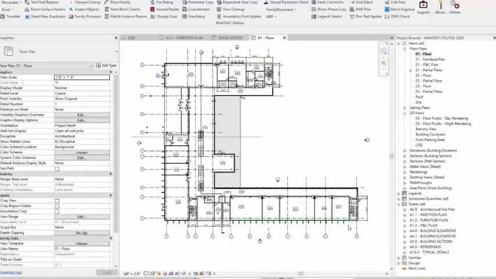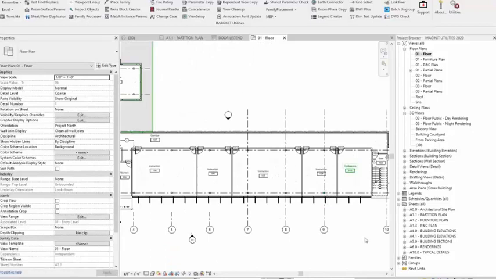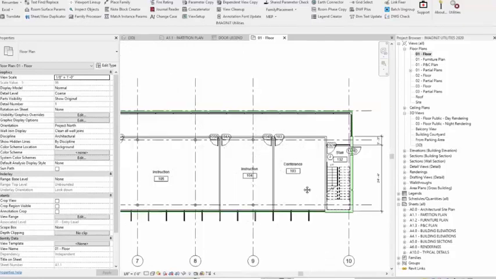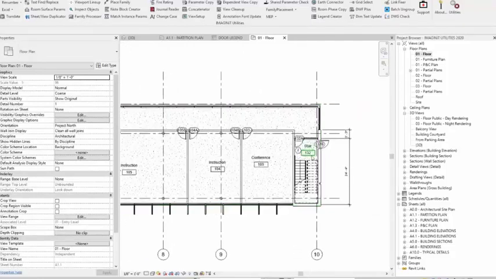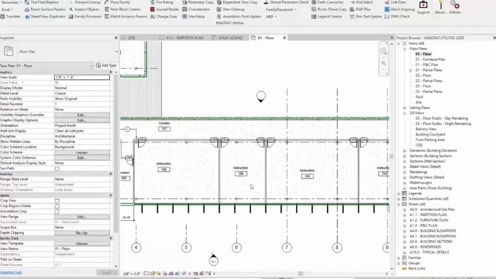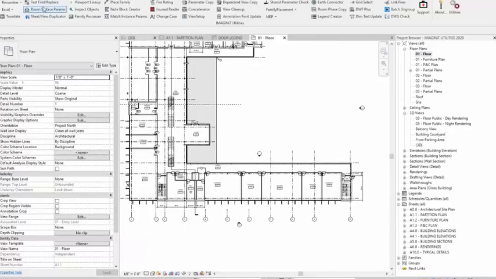One of them is the room renumber tool, and then we also have a door renumber. Okay, so if I'm going to zoom to the bottom of this plan, here we see some of the rooms. We have a stair 132, conference 103, and you'll see here there's also a gap there. It went 106, 107, 108. If we want to change the numbering, we can use the renumber tool that we looked at earlier, this time